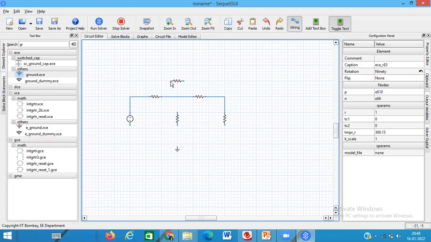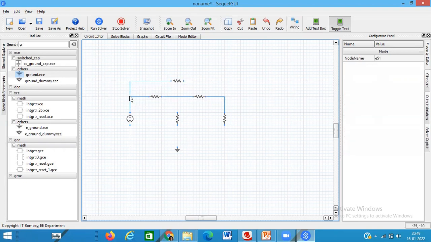Now this resistance is connected to the voltage source. And then we will change the values of it. So just let me make these two connections.